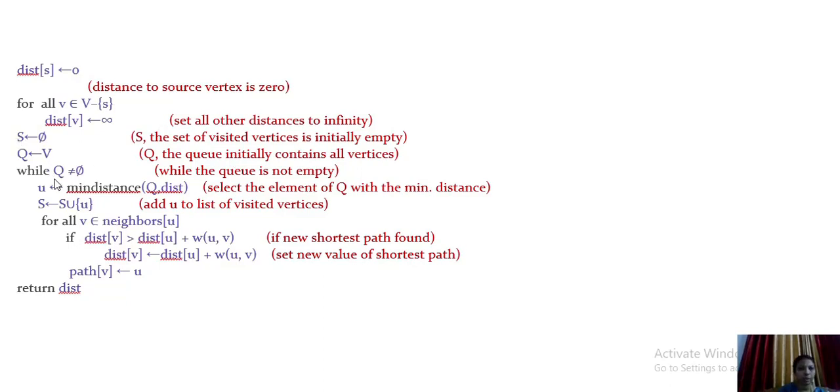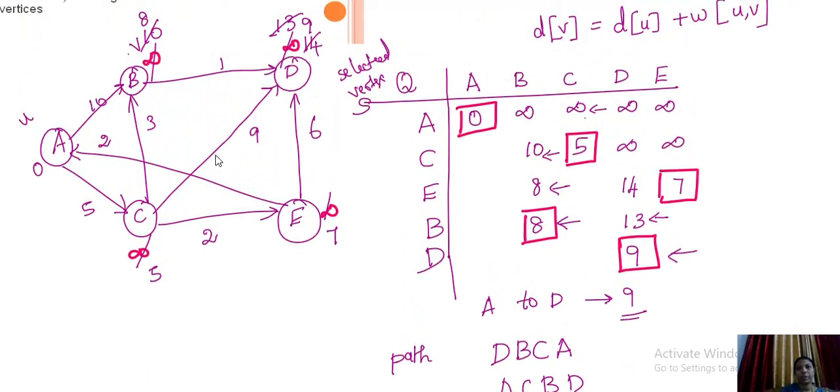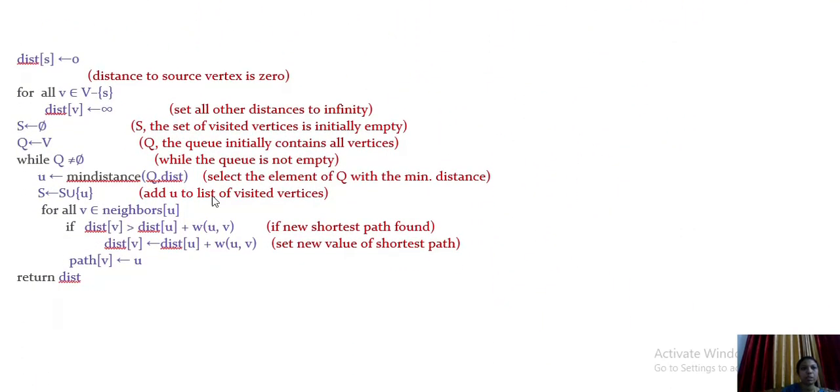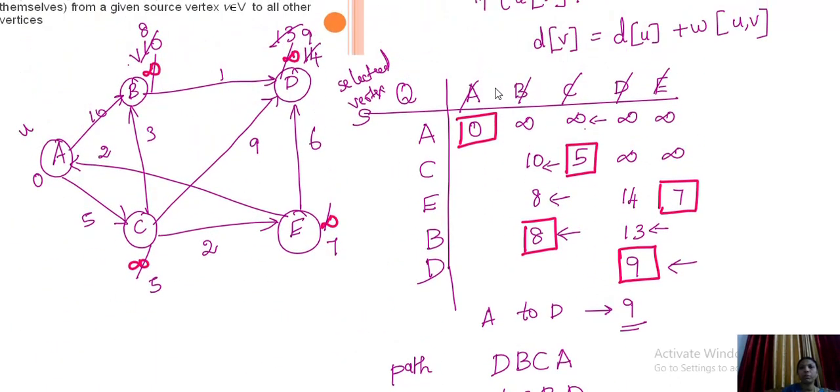Now we have to check whether the Q array is not null. If it is not null, Q array means this array. Every time we are finishing one vertex. So first time in the Q array A will be done, next time we did C, and the next time we did E, and next time we did B, and finally we did D. So until the Q array becomes null, we have to continue. So that is what we did: while Q is not null, then what we did after that, we have to choose who is the